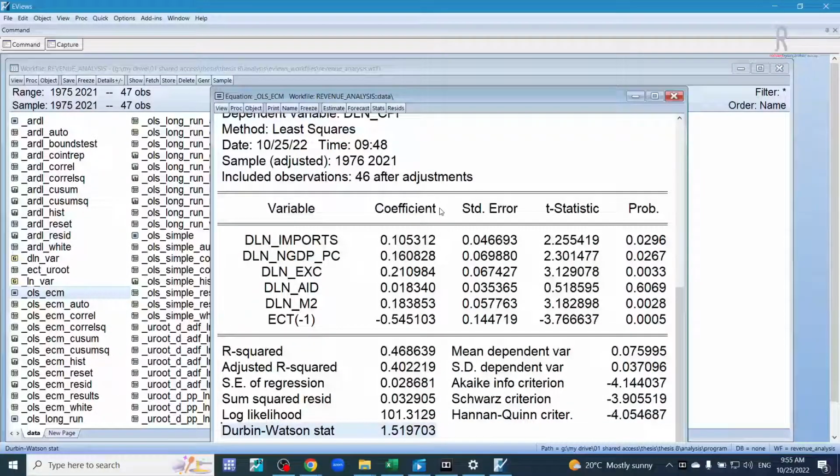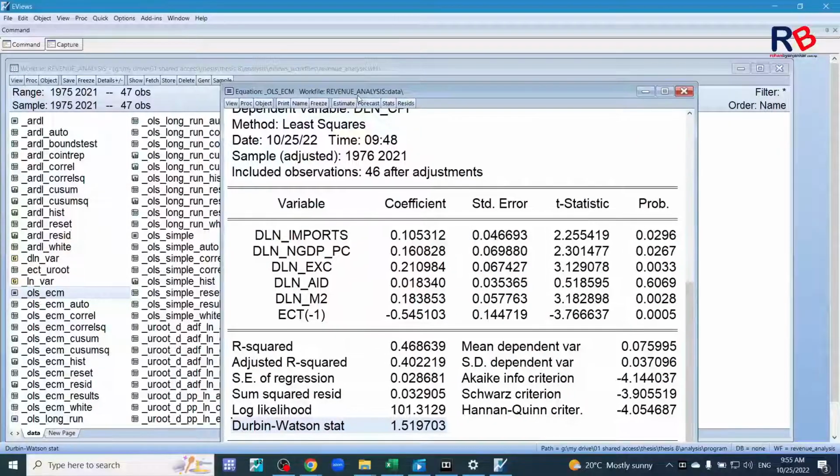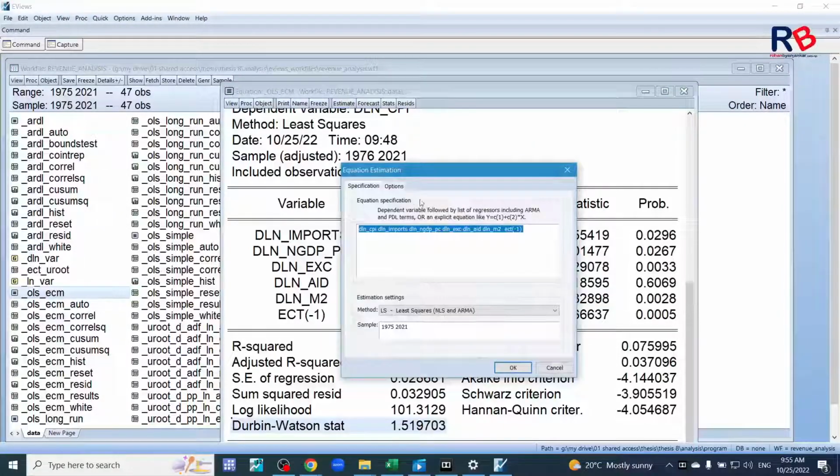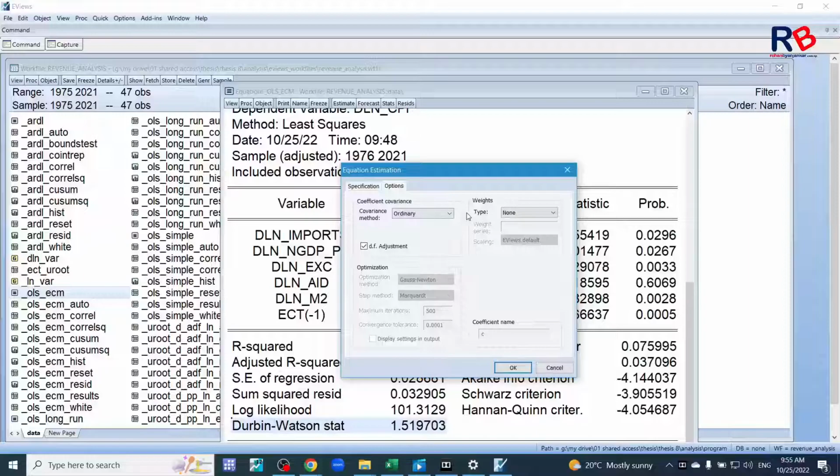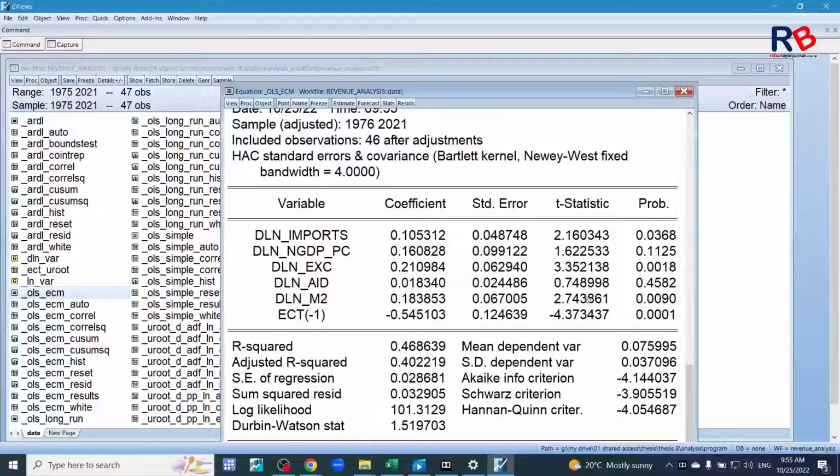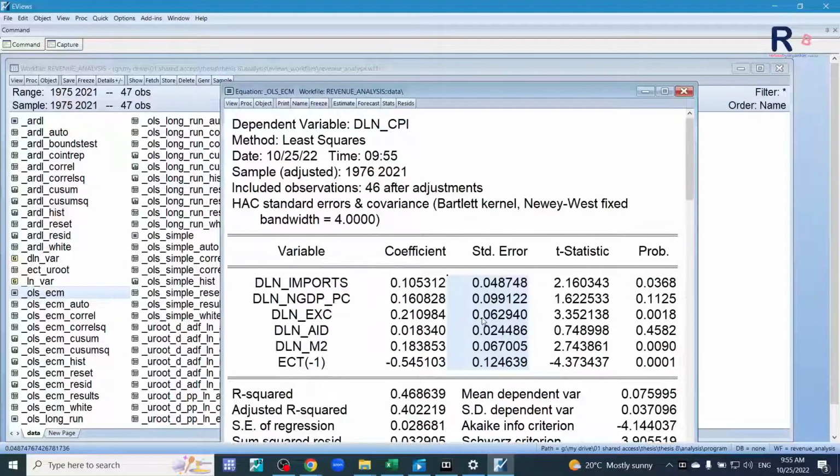so we must estimate HAC standard errors, that means heteroscedasticity and autocorrelation corrected standard errors. I think we can run it by going to estimation options and the covariance method, HAC, and OK. Then these standard errors are robust, or immune, to the autocorrelation and heteroscedasticity problem. I must correct this part in the model or in the program,